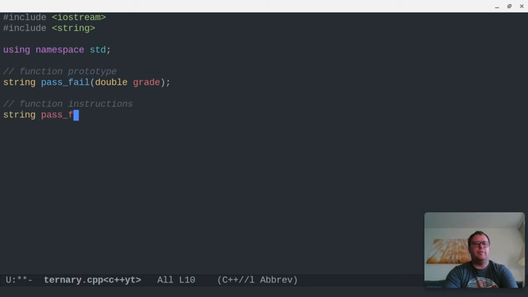So we're going to say string pass fail. Again, we're taking the double, which is the grade. And we're going to return a variable called solution, which is going to be a string. Okay. All right. So what we're going to say is solution is going to equal,